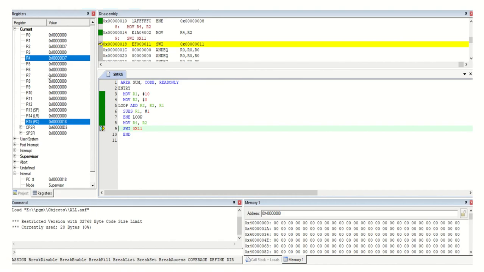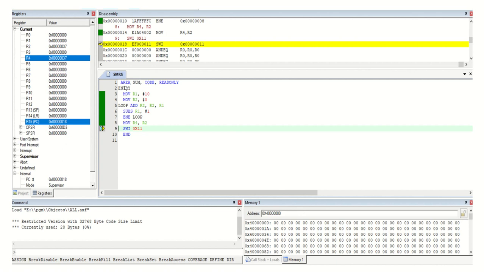We will go for that. Here this is the register window, disassembly window, working window and memory window. We are not using any memory address here, so no need to go for the memory part. Here it starts with AREA, sum, CODE, READONLY. Here sum is user defined, AREA, CODE, READONLY is predefined.